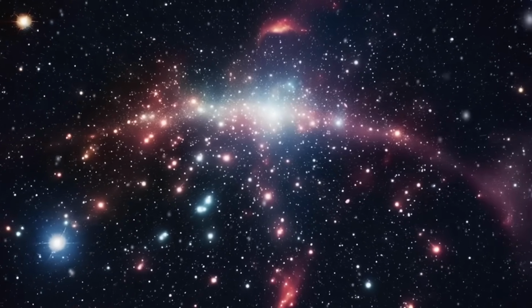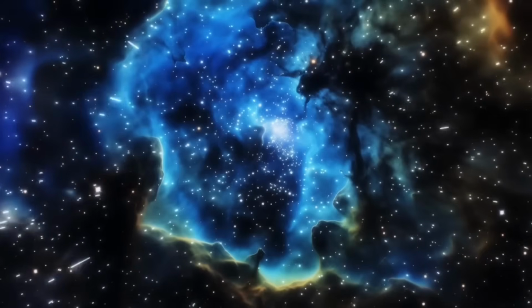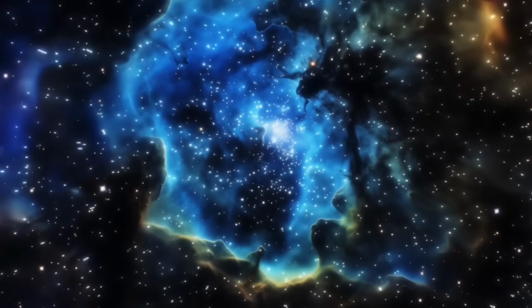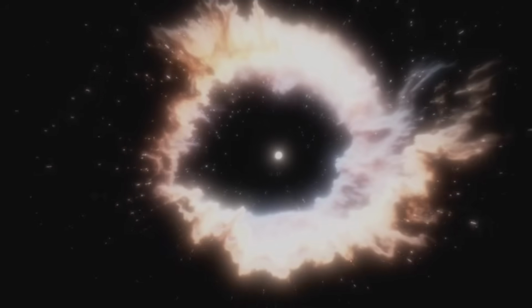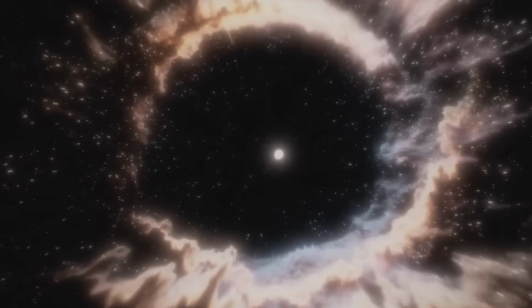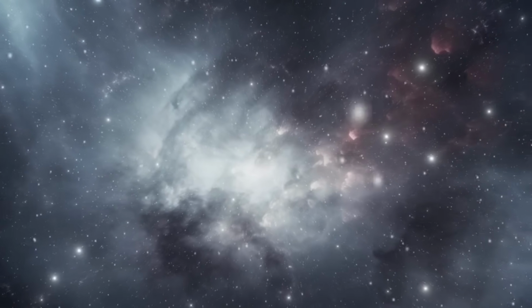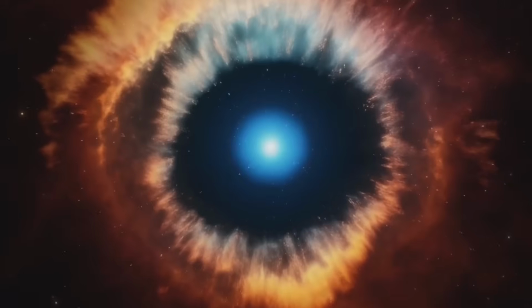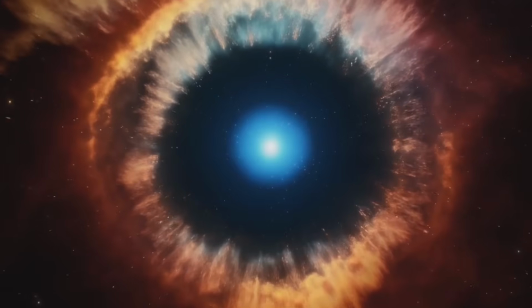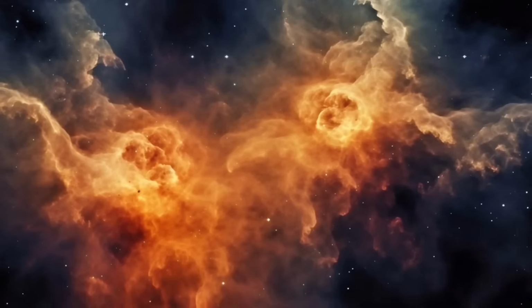This ejected material, enriched with heavy elements, acts as a catalyst for star formation in the region, highlighting how a dying star can simultaneously act as a creative force within its galaxy. The energy it radiates is not confined to light. It manifests as heat, kinetic energy in the expelled matter, and ionizing radiation capable of altering the chemical composition of nearby cosmic clouds. In this way, Westerlund 1-26 is both a furnace and a forge, transforming the surrounding space